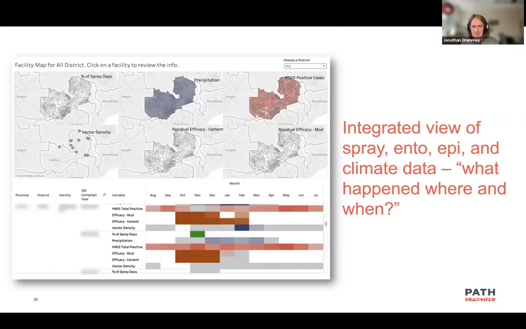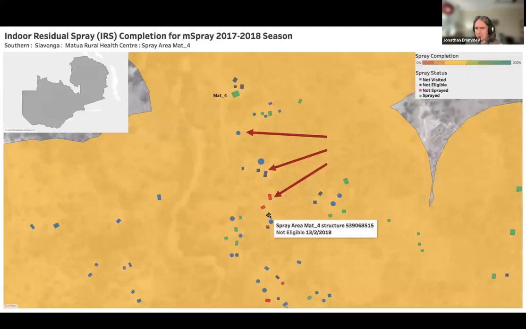So doing that as an exploration. Another piece of exploration gets into the grain of the data that we're working with. We may want to go down to a very, very fine grain. So here, the individual little shapes on here are individual homes and structures that had been identified by a combination of satellite and ground truthing. With that, and maybe that's useful in some cases, or maybe we want to aggregate up higher and look at things at a facility level or spray area level or so on.